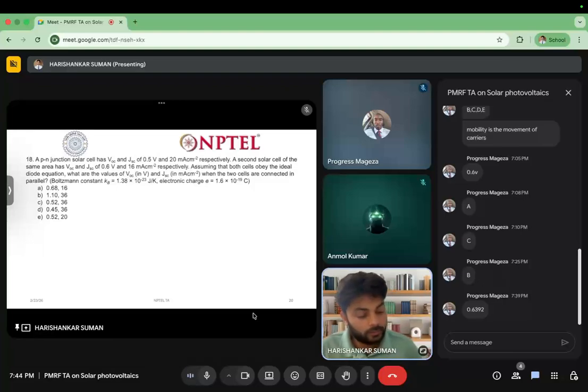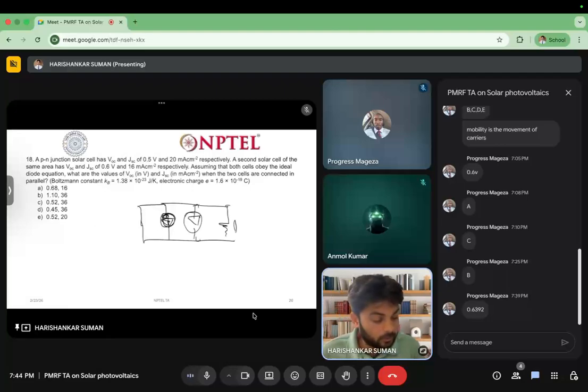You have to connect them in parallel. Let me collect the power output here. So, in a parallel connection,